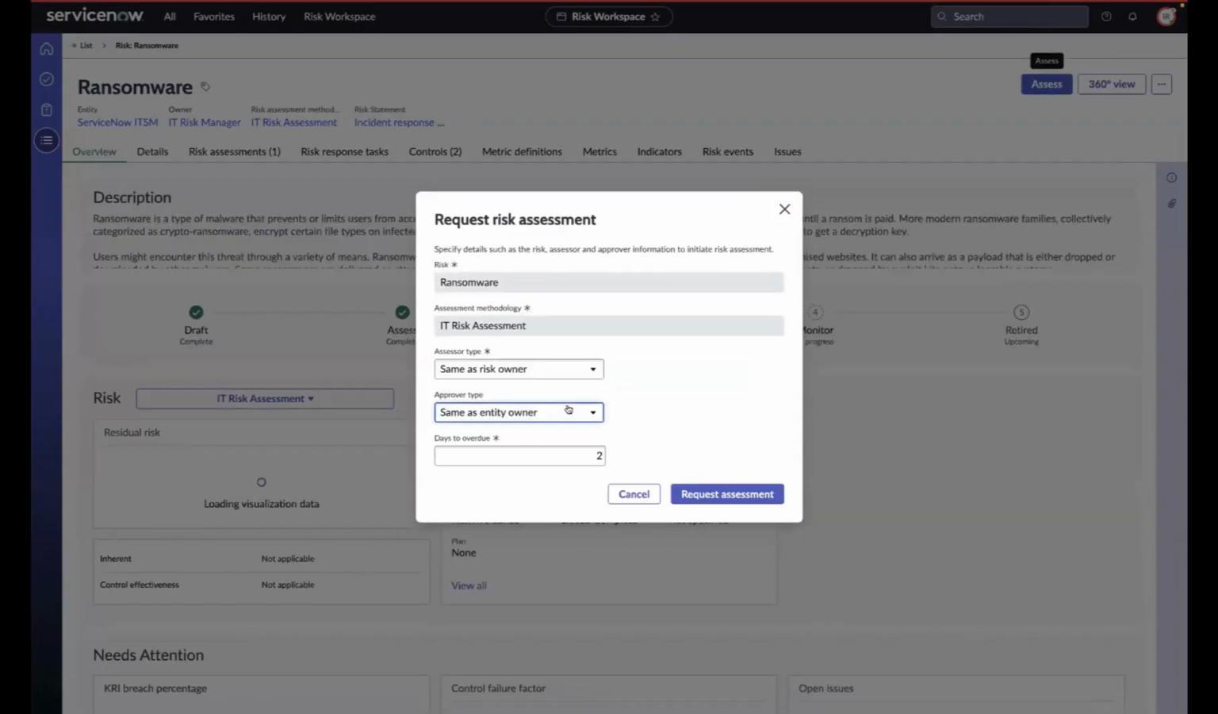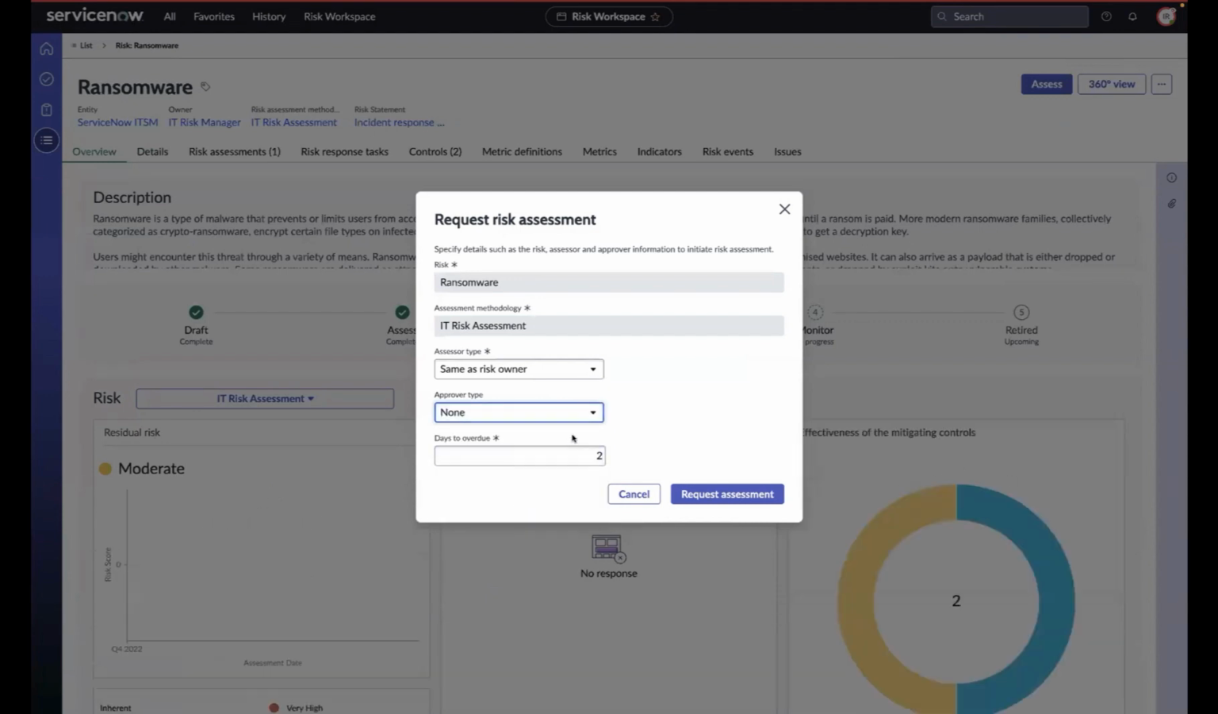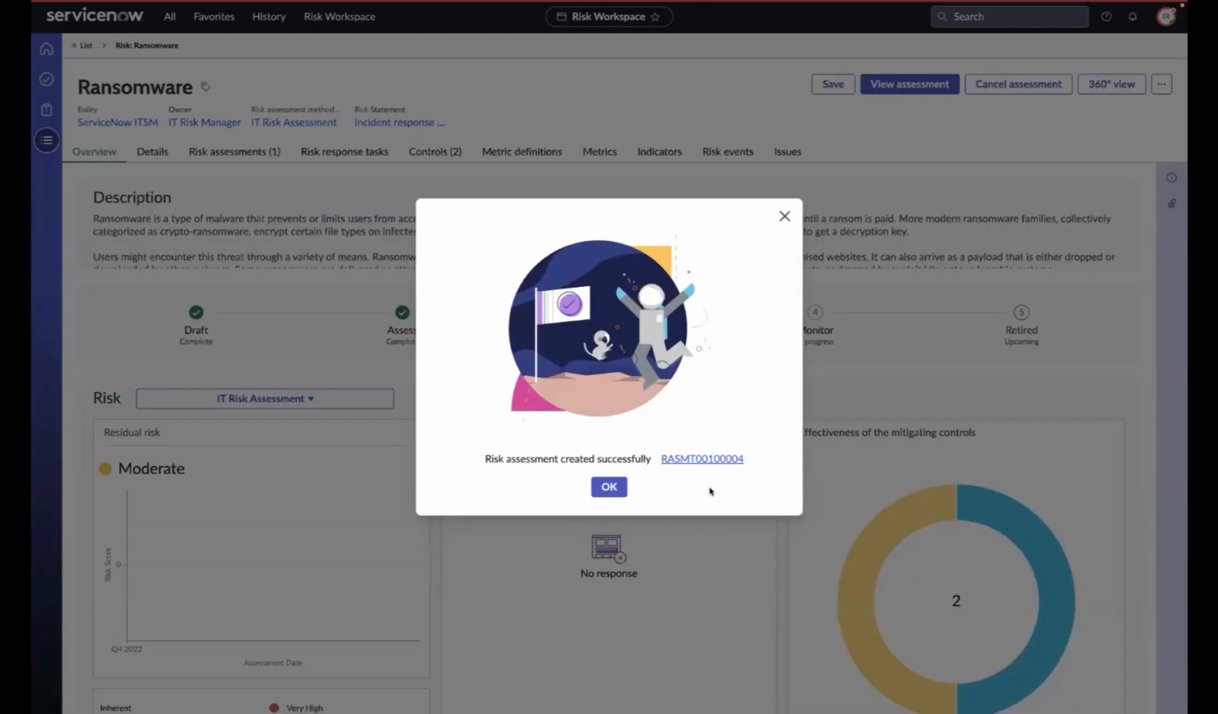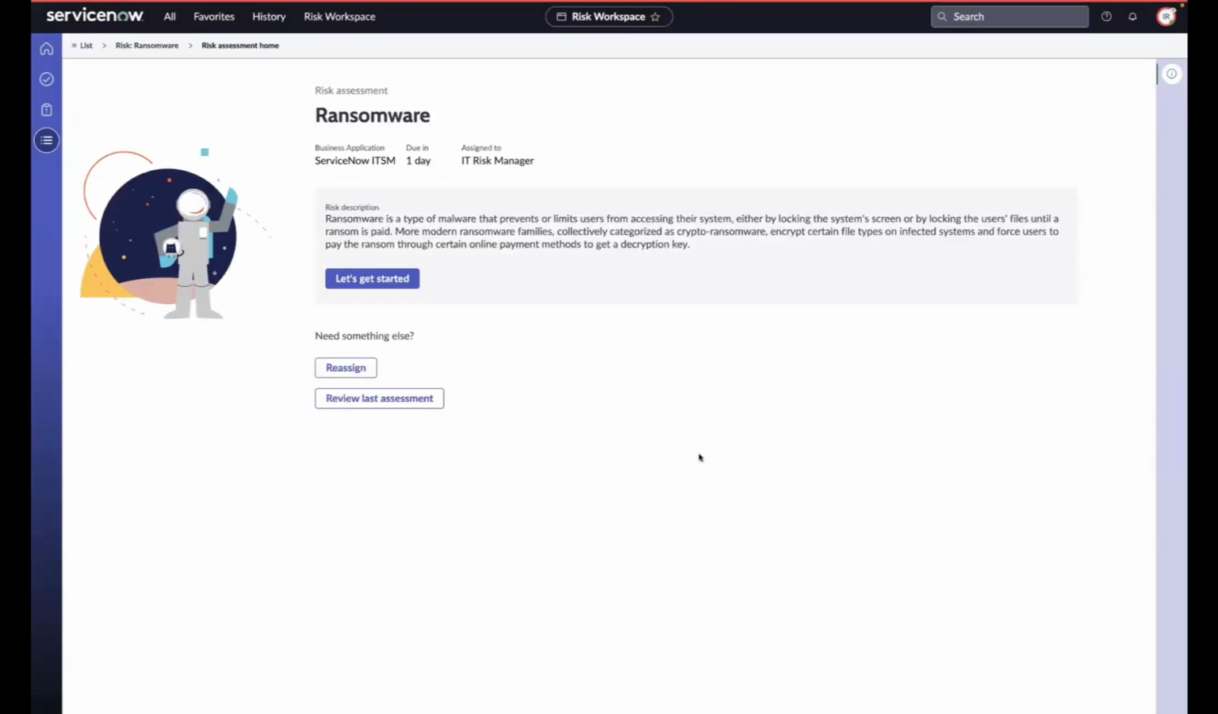I can say this is one of the risks around ransomware. Similarly, we have a risk around data breach. So I'm going to put myself as the risk owner, as the one who is initiating the assessment. The system initiates a task. This is a very simple-to-use user interface,